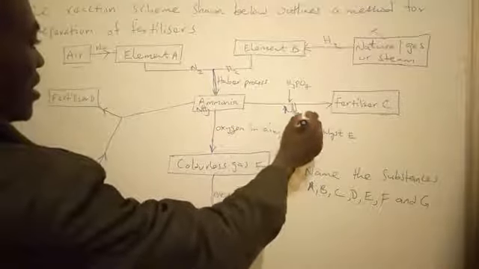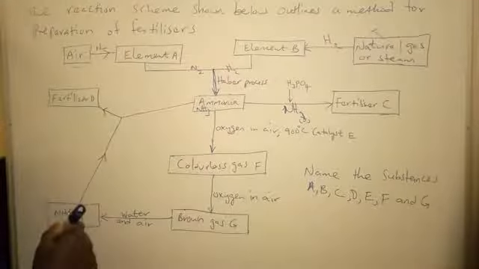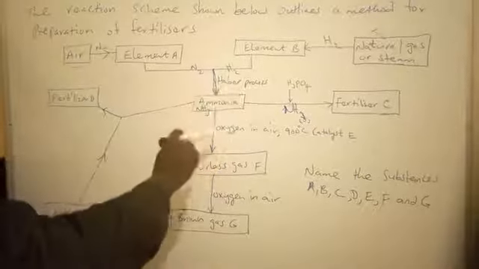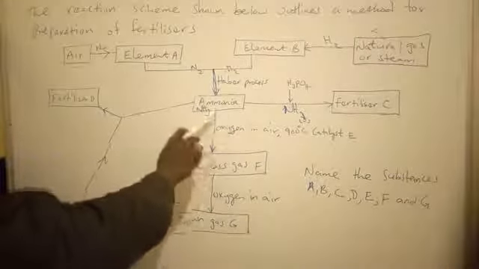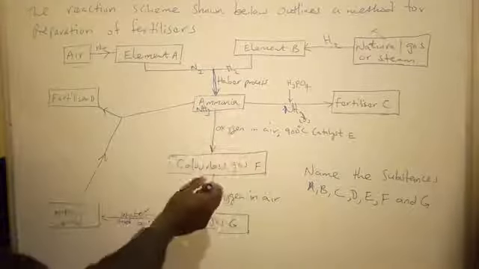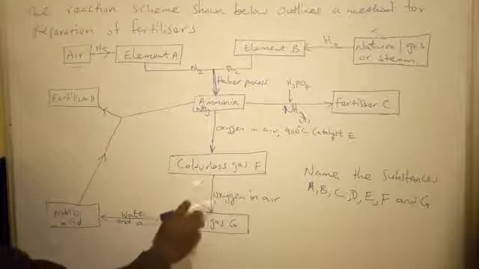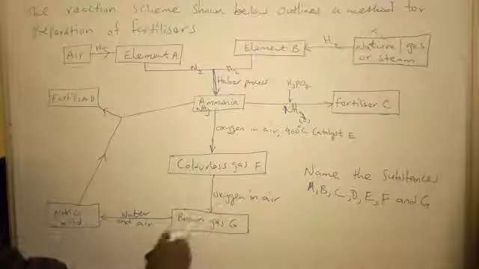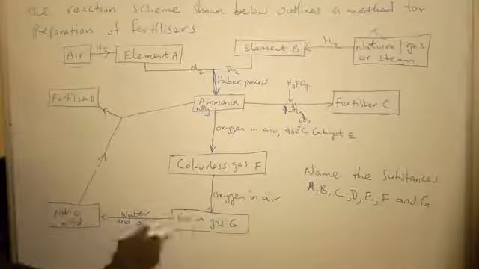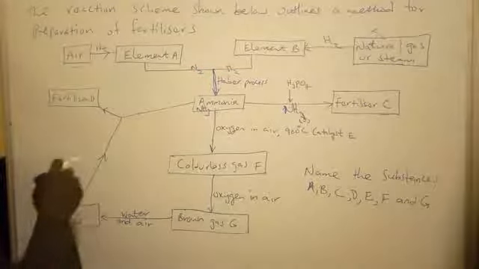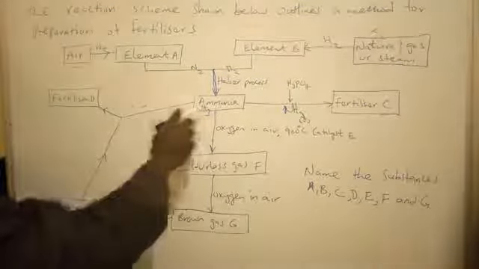Something is added to that gas, and that thing leads to fertilizer C. Then also downwards is simply ammonia plus oxygen in the presence of this catalyst. We form a colorless gas F, and this colorless gas F, in the presence of oxygen, forms a brown gas. This brown gas, when you add water, ends up forming nitric acid, and this nitric acid plus ammonia,